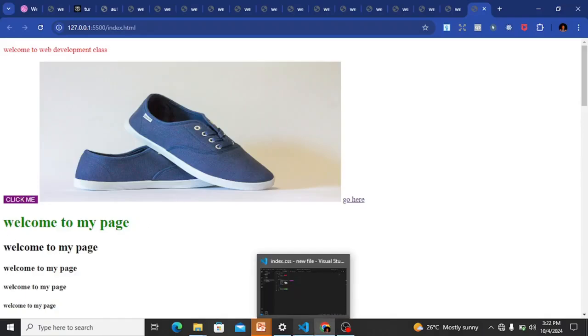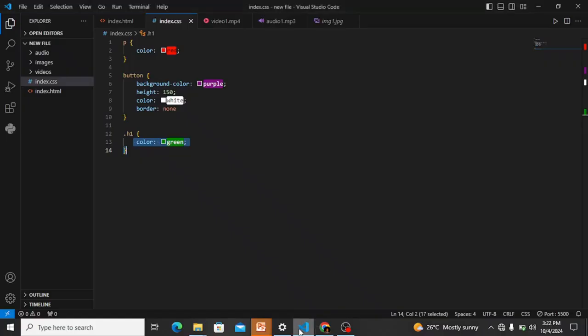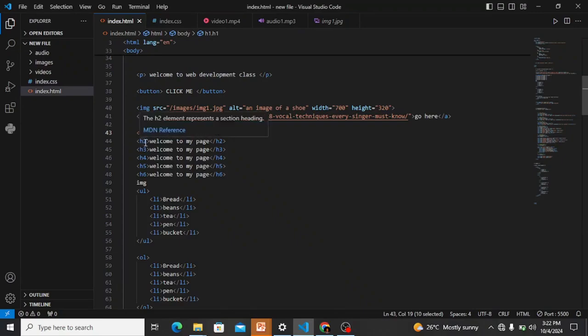Now let's go further. Let's make this one a different color. Let's give it a different class name. Let's say we want to style h2. Let's give it a class. Let me say I call this class shoe, for example. The class name is shoe. Let's save this, and then go to your